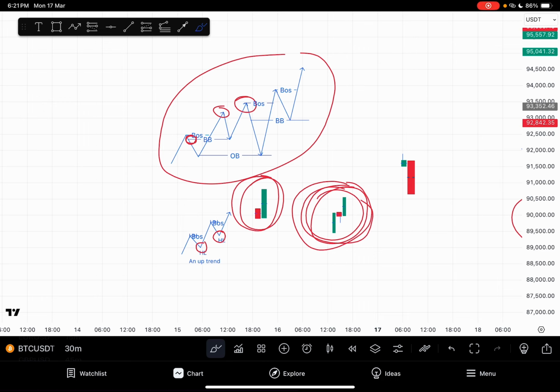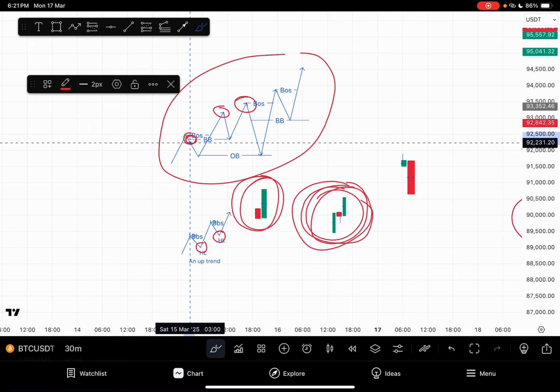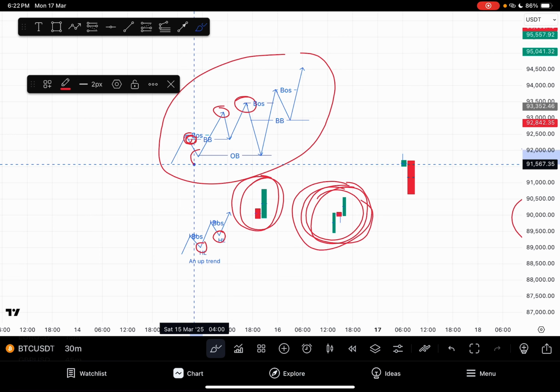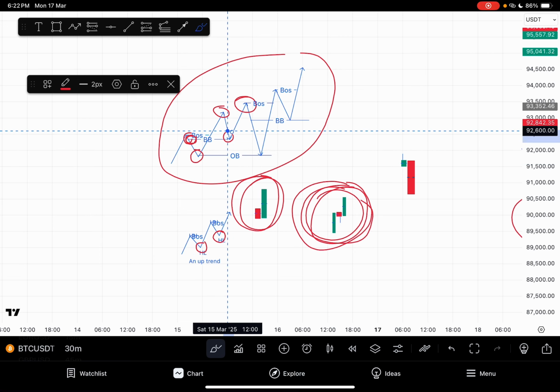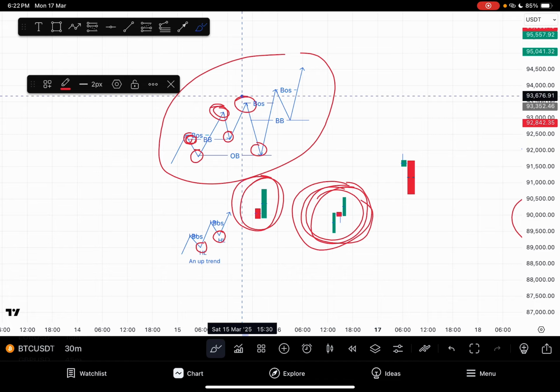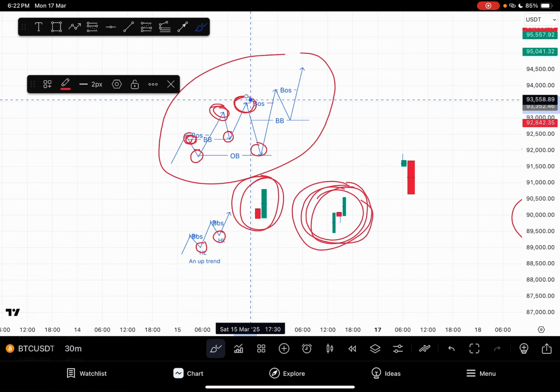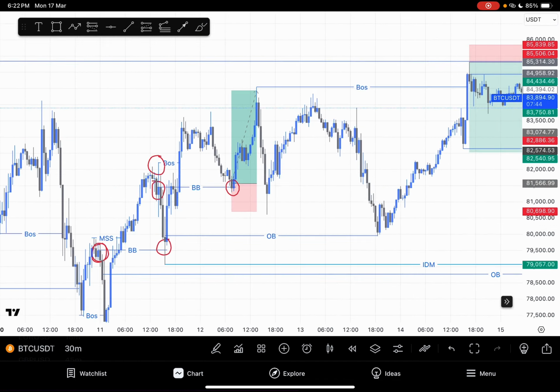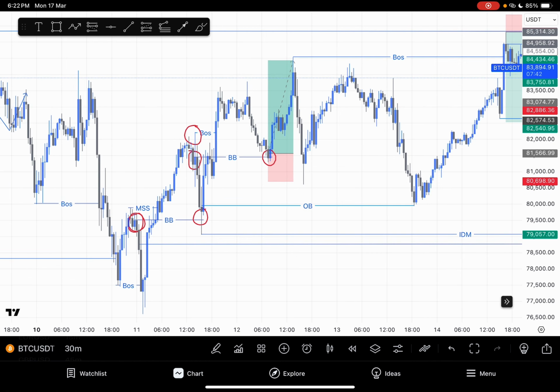once price creates a break of structure and there's a breaker block here and also an order block here, price will first of all use the breaker block, then take out the previous high, then come back again to use the order block before going back to take out the final high. So now from this point here, you see from the trend price, okay, let's say price move first of all from this point,